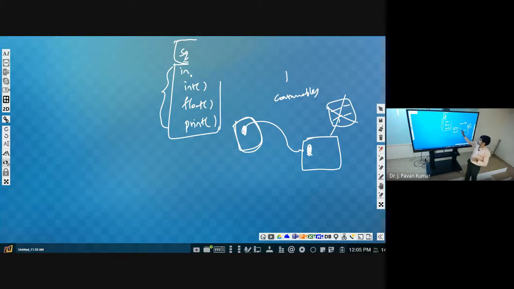Similarly here, the functions input, int, float are readily available, and you can directly use them. But whenever we want to use sqrt, it is not readily available. It is available but not ready to use. So what we will do is import math.